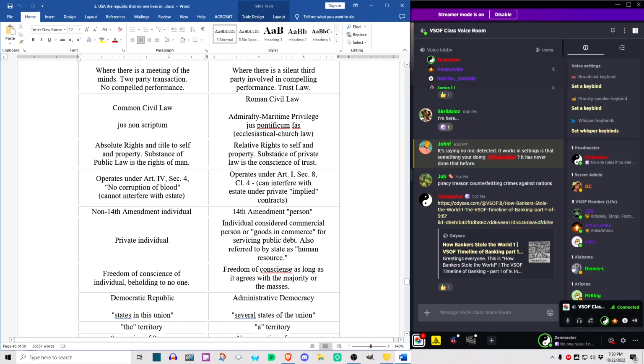This is where Roman civil law breaks the title into legal and equitable. So you have a legal title, which is the one that actually owns the thing, and then you have the equitable title, which is the one that has the right to use the thing. And if you're the one that has the right to use it, say you have a certificate of title for your car, for example, then that shows that you have the right to use it, and that makes you what's called a usufructuary.